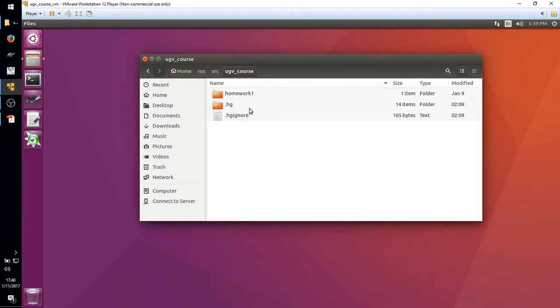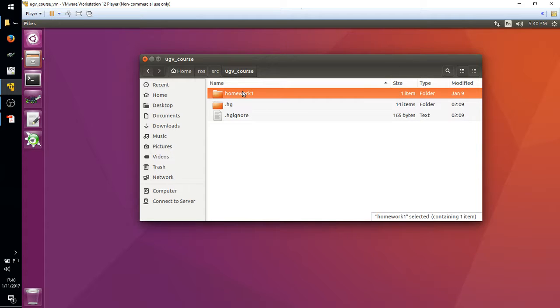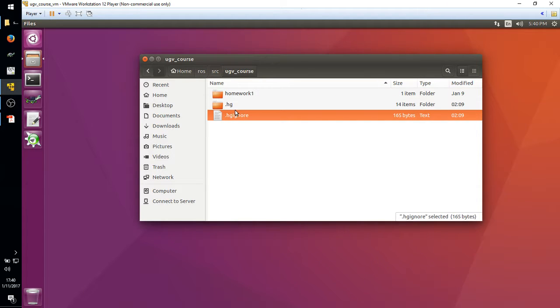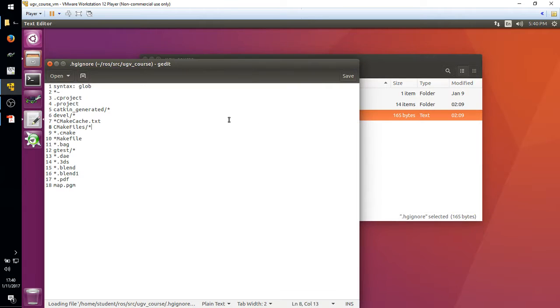All right, so inside of here, you'll see your homework 1 folder. So this is where you do all the things for homework 1, of course. But then you might also see these 2 things here. So this .hgignore, if we look at that real quick,